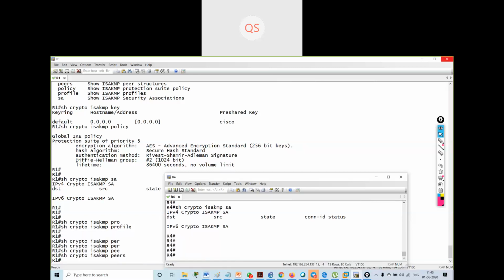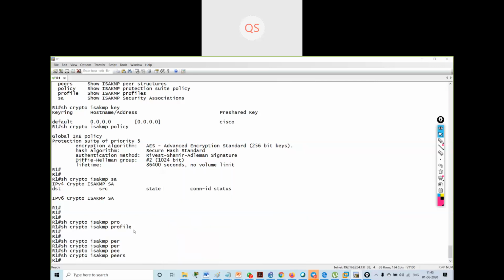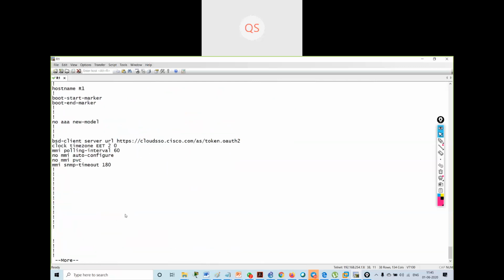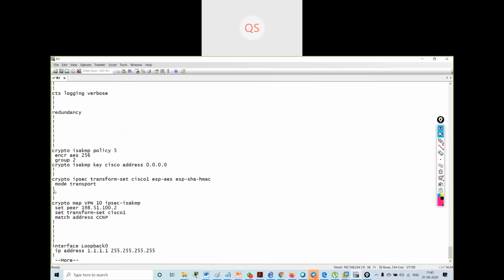So there is some mistake, I think. Show run. I've created the ISAKMP policy, Cisco transform set, HMAC, no transport.